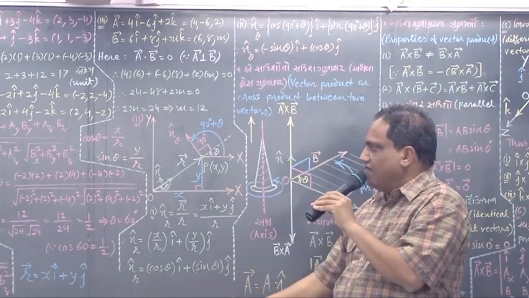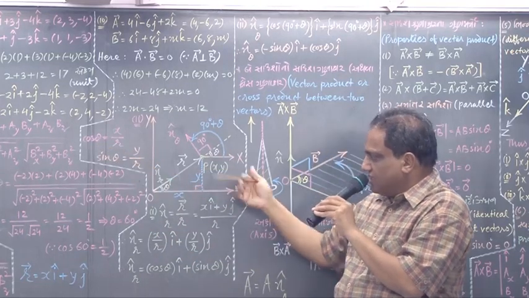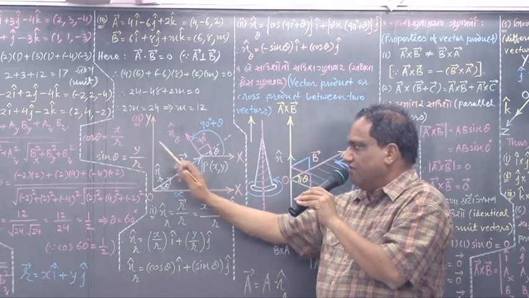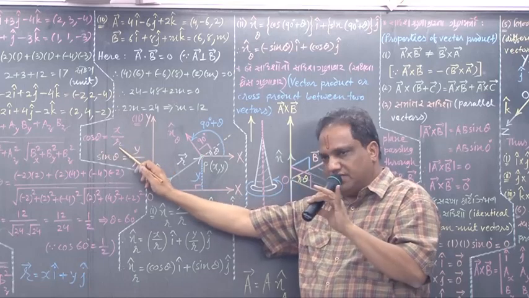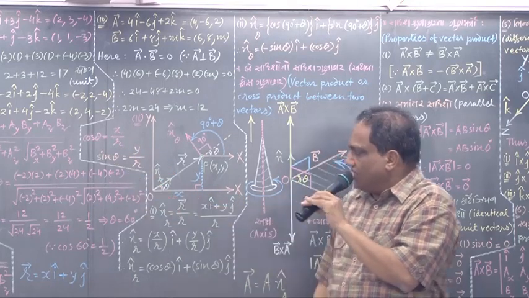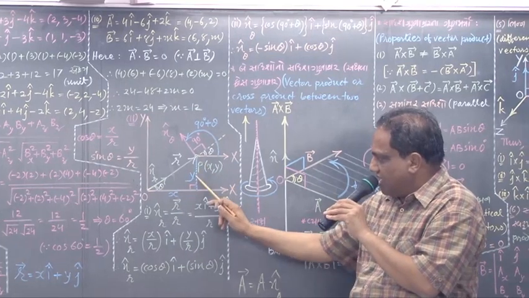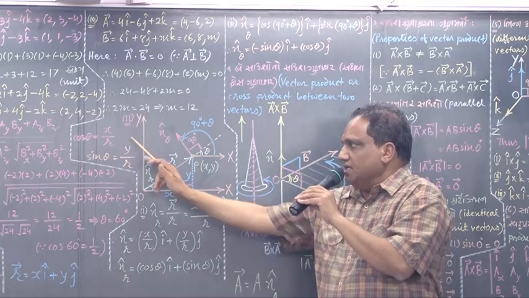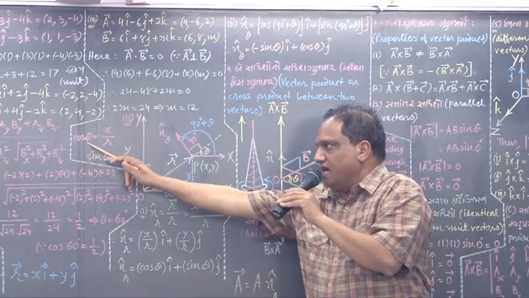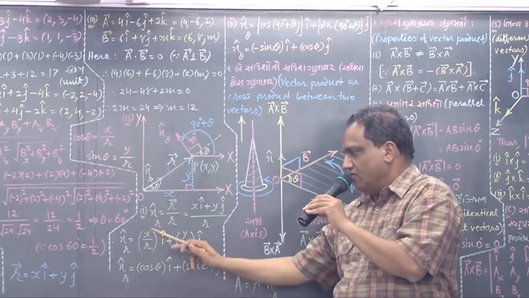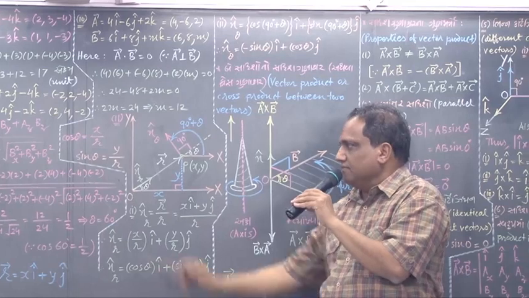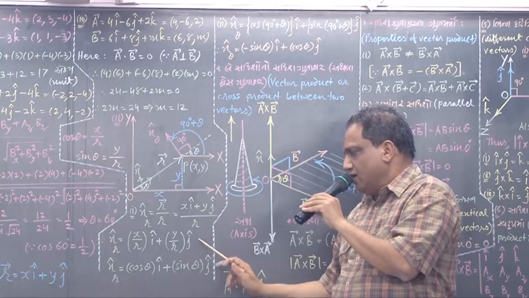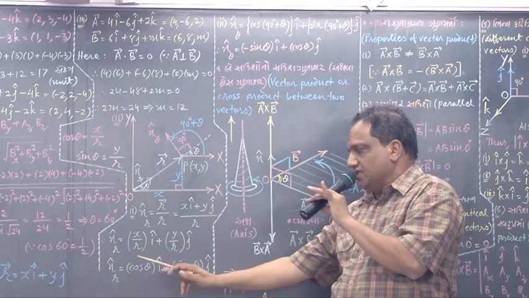In this right angle triangle, find out cos theta. Cos theta is adjacent to theta, which is x, upon hypotenuse, opposite to the right angle, that is the magnitude of vector R, which is R. Adjacent upon hypotenuse. Now sin theta, opposite to theta, what is it? y, upon hypotenuse R. In place of x upon R, you will write cos theta into i, and in place of y upon R, you will write sin theta into j. Fine. This is half of the sum.